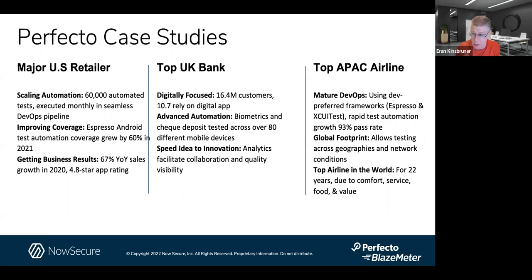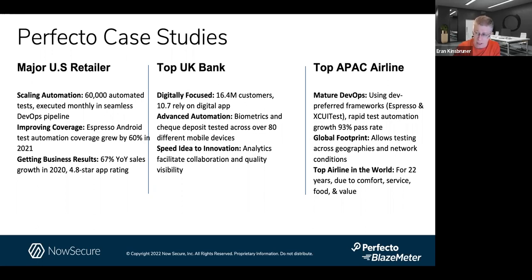They have selected Espresso and XCUITest as their frameworks of choice, and they are running this high-scale testing on high-scale mobile devices, iOS and Android, because it's beautiful in the airline industry because you don't know which customers are going to come and from where. So they might be using a different Android device or a weird other smartphone that you don't even know. So they're trying to cover as much as possible from the different permutations, and there are many. So they're quite successful in running at scale, being top rated.